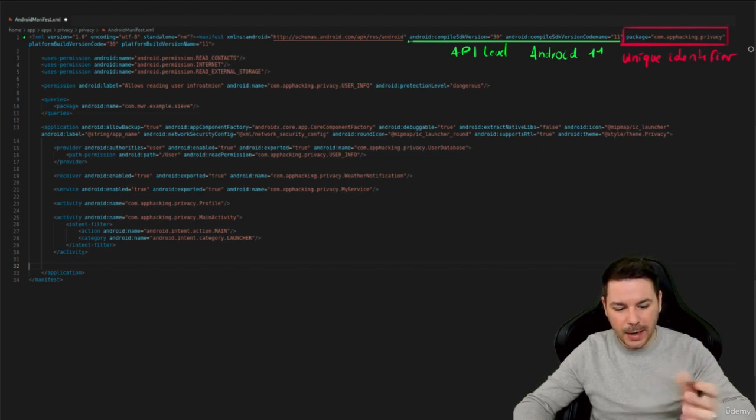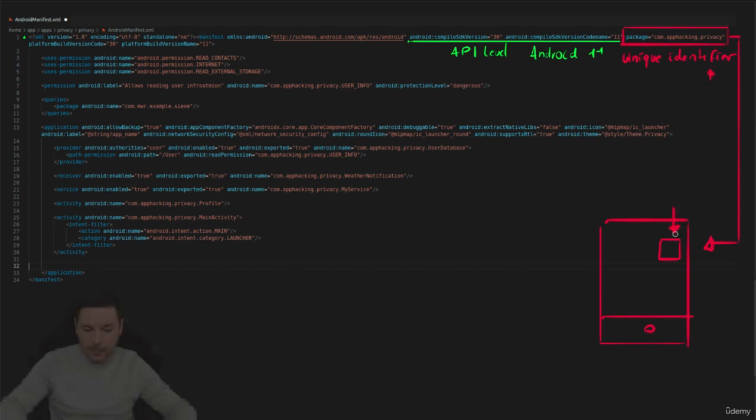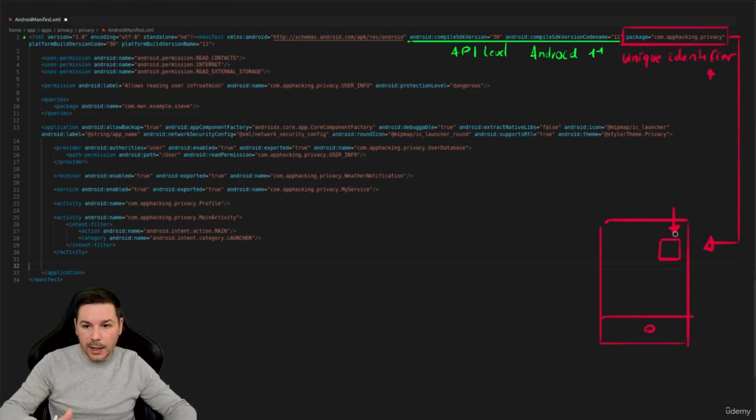What does this mean? Well, let's have a look. This one is the unique identifier. Let's install this app now on our smartphone. So here's our smartphone. And here we have now this application, this one over here. So this is being installed here. This means we can only have one application with this identifier on our device. If we now try to install another application with the same identifier over here,